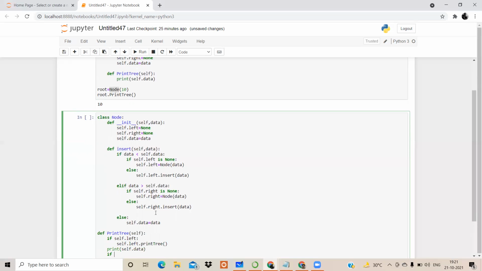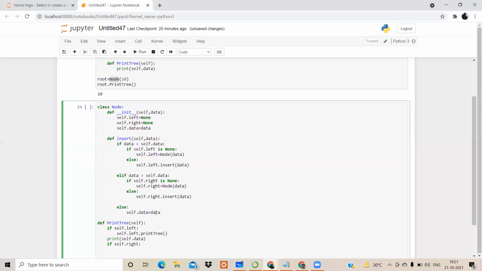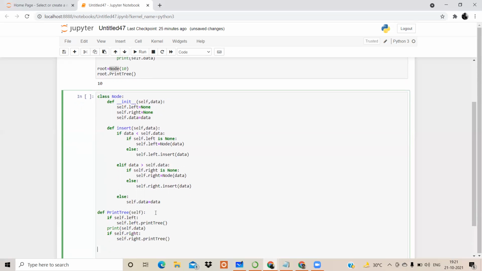And then we'll say if the data consists of an element on the right side, then whatever elements are present on the right, I have to print them recursively. This is basically the in order structure. This is in order because you are writing left first, then root, and then right elements.